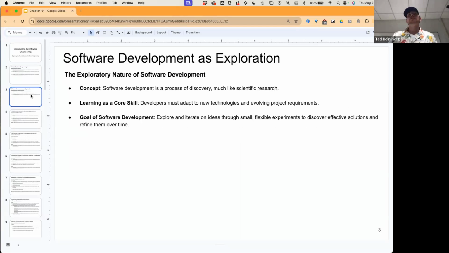So let's talk about the exploratory nature of software development, because we can really contrast this. We can compare it to the exploratory nature of scientific research in general. Think about what you do in scientific research and think about what it was like even in Java 1 when you were